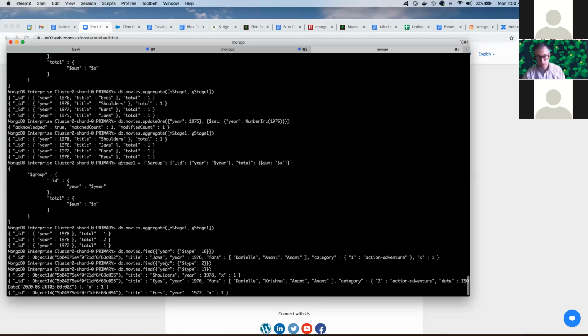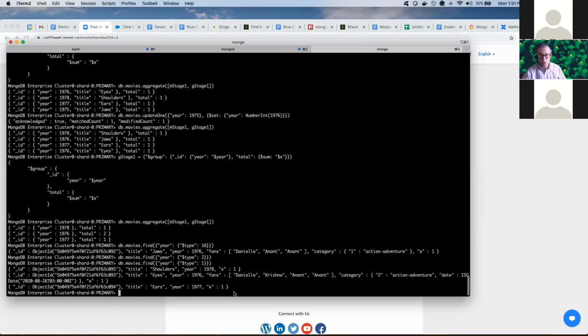Just so you can become a little more familiar with some of the operators. There is a ton of operators in MongoDB. So this is just one. Another one that I use quite a bit is